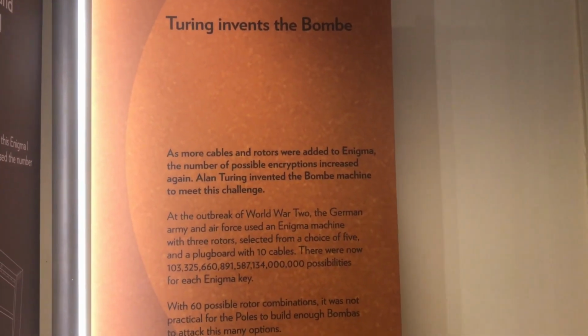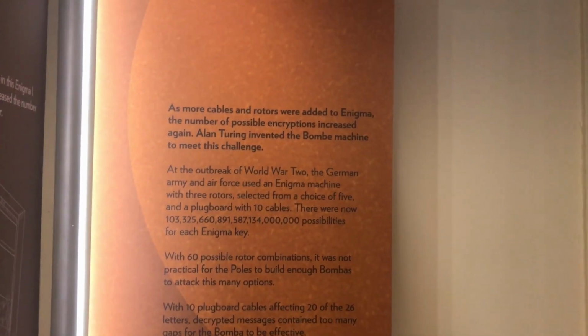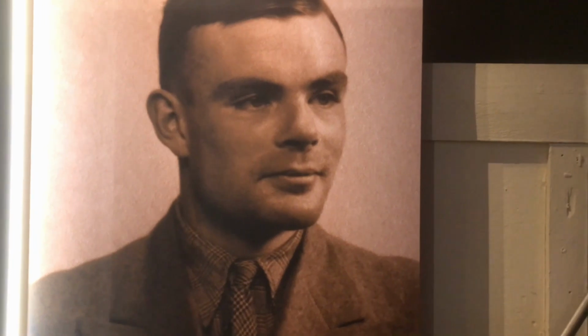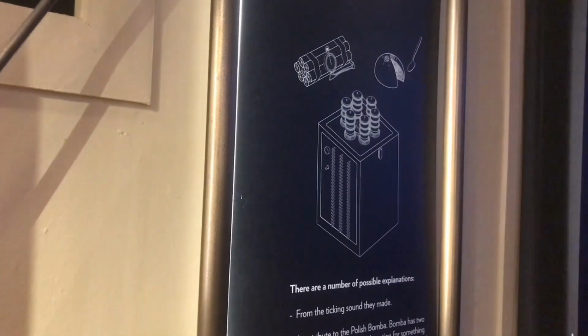So this, as you can see, was the invention of Alan Turing. I don't know how you pronounce it, whether it's Bombe or Bombe, but pretty. Here is the pic of Alan Turing, and there's a small note here which says that the reason why this